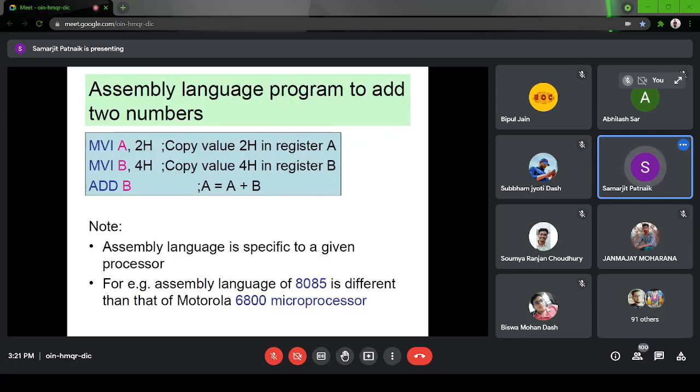Suppose I am adding 10 plus 20. The accumulator will hold one data, B will store the second data, and the final result will always be stored in the accumulator. So in this type of syntax, A equals A plus B, A equals A plus C, the second register is a general purpose register which will store only intermediate values. It will only store data, but it will not directly store the result.